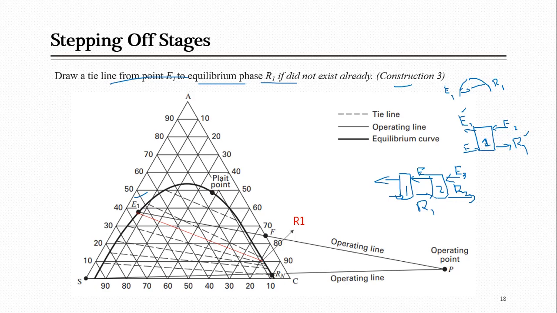So overall, for this next stage, R2 and E2 are leaving and they will be in equilibrium to each other from stage 2, just as in stage 1 E1 and R1 are leaving and were in equilibrium. So it shows one stage is there, but we still didn't reach the Rn point. Due to this, as I told you, you have to locate the others. In order to locate E2 and R2, what do I have to do? I have to draw some other line. And how can I locate that point?